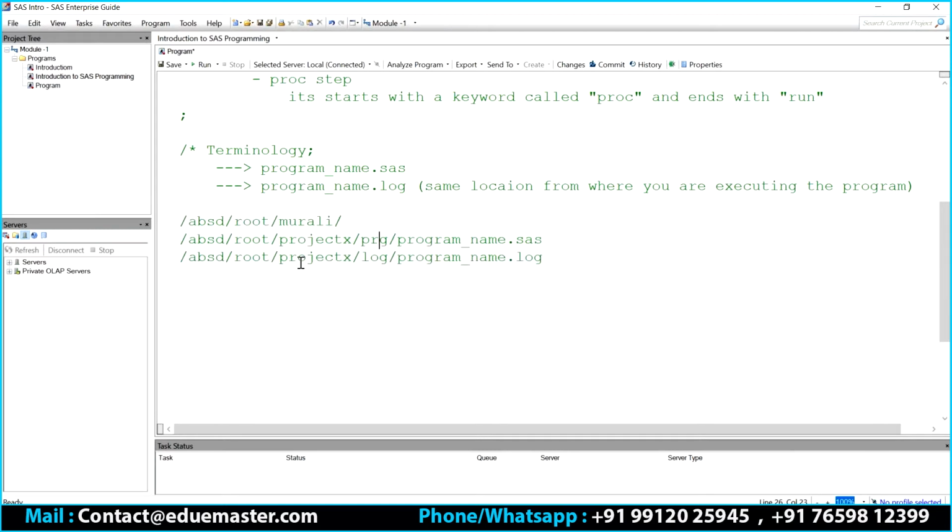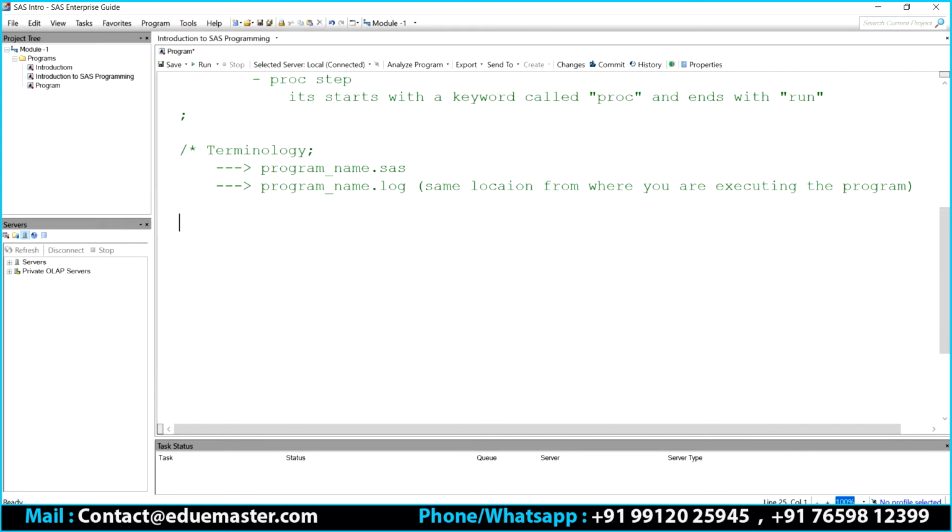By default, if I don't say anything, I am executing my program from this location, correct? So in the same location, the log file also will be created. Is that clear up to this? Beyond this, how to change your log file name, how to change your log location, how much memory you need to allocate to the log folders, or how much memory you need to allocate to your SAS program while executing, all these things I'm going to discuss in the miscellaneous topics. Those are pretty much related to Linux. So there are defaults, but if you want to change anything or take control of those things, how to do that will be discussed in the miscellaneous topics.